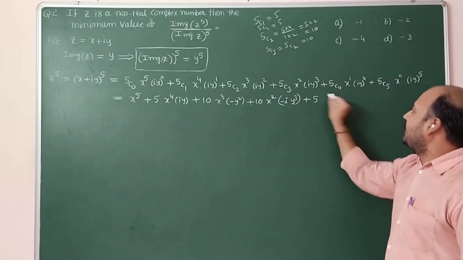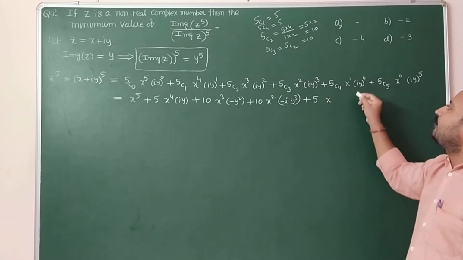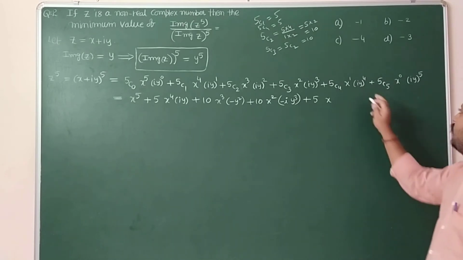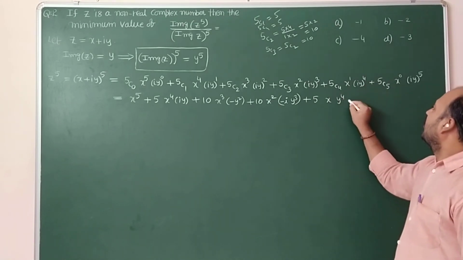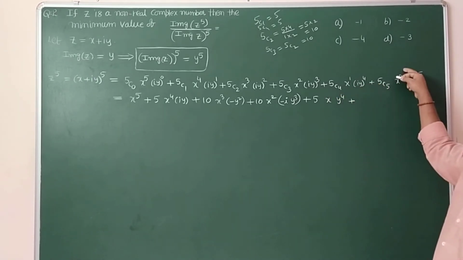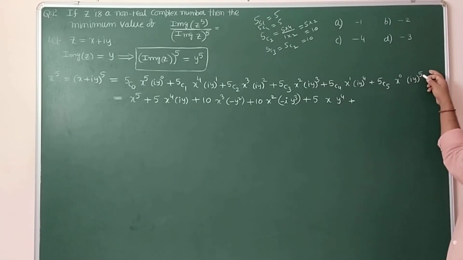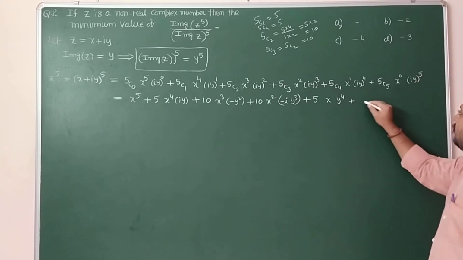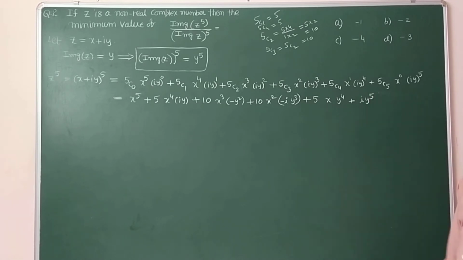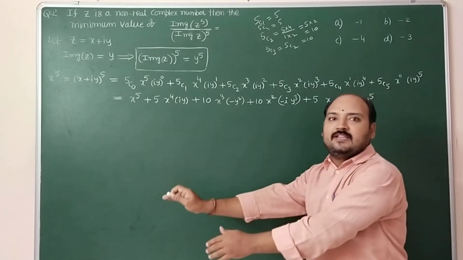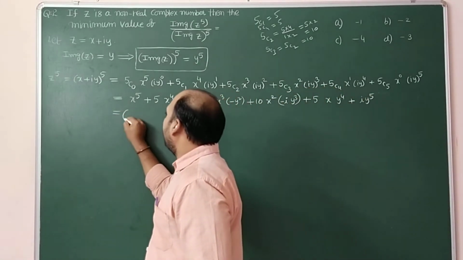Why? Because 5c1, it is 5 into x power 1, (iy) whole power 4, i power 4, i square into i square, minus 1 into minus 1 is plus 1, into y power 4. Plus 5c5, nCn is equal to 1, so 5c5 value is 1, x power 0 is also 1, y power 5, i power 5, i square into i square into i, is i, into y power 5. Now the terms containing i you should write separately, and the terms not containing i you have to write separately. So x power 5,